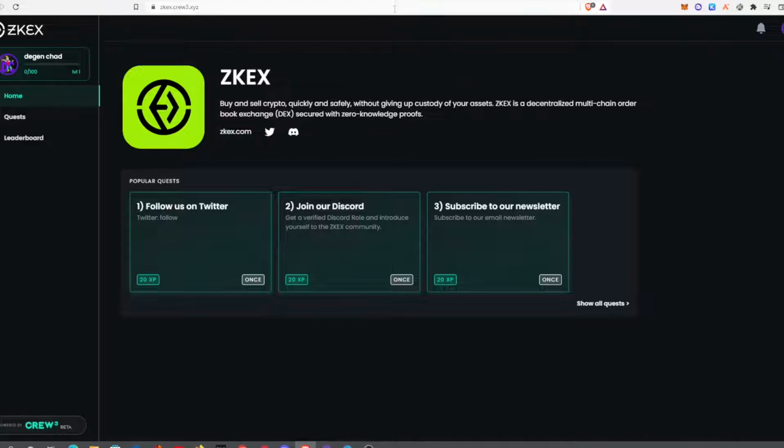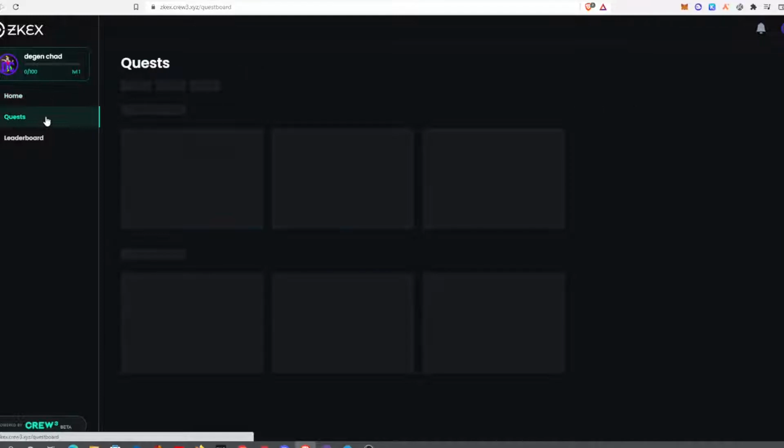So the first thing is, if you've never used a Crew3 Questboard before, when you do click on the link to go on there, it's going to ask you to create a profile, which you can add a name and a profile picture, and then the most important thing is you want to make sure that you connect your Discord, Twitter and wallet address to there. And once you've done that, you'll come onto this homepage here, and if you go on down onto quests, you